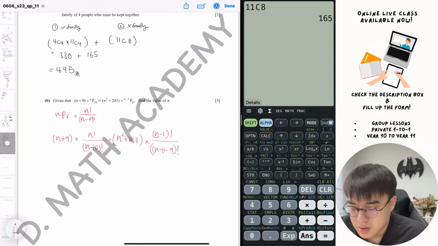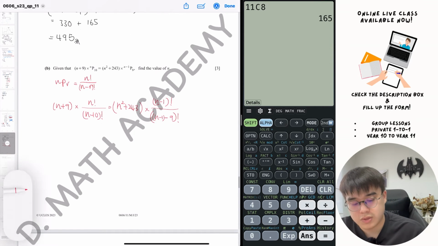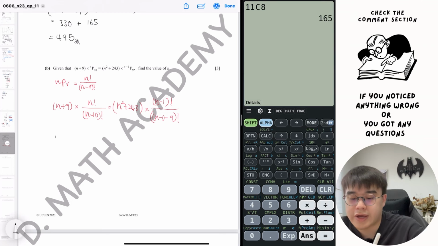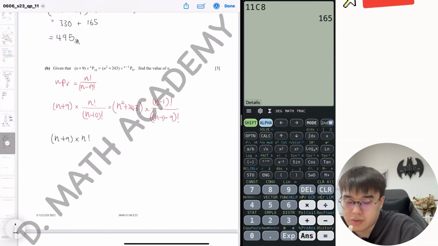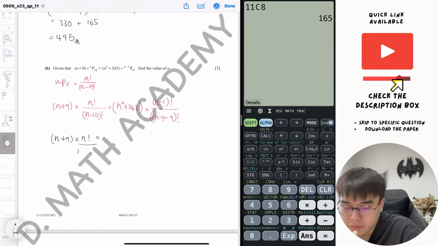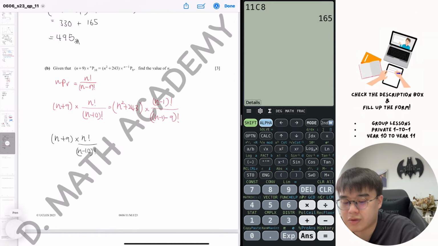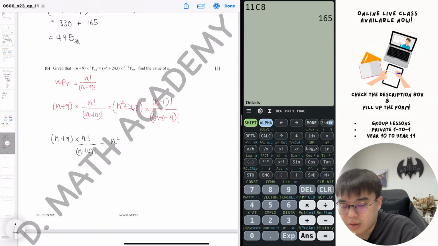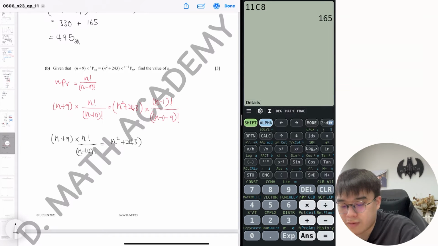Okay, so let's continue to see what I should do next. I'm not going to expand the brackets first because I noticed that they both share something in common, which is this n minus 10 factorial here. So I'm going to sort it out first,